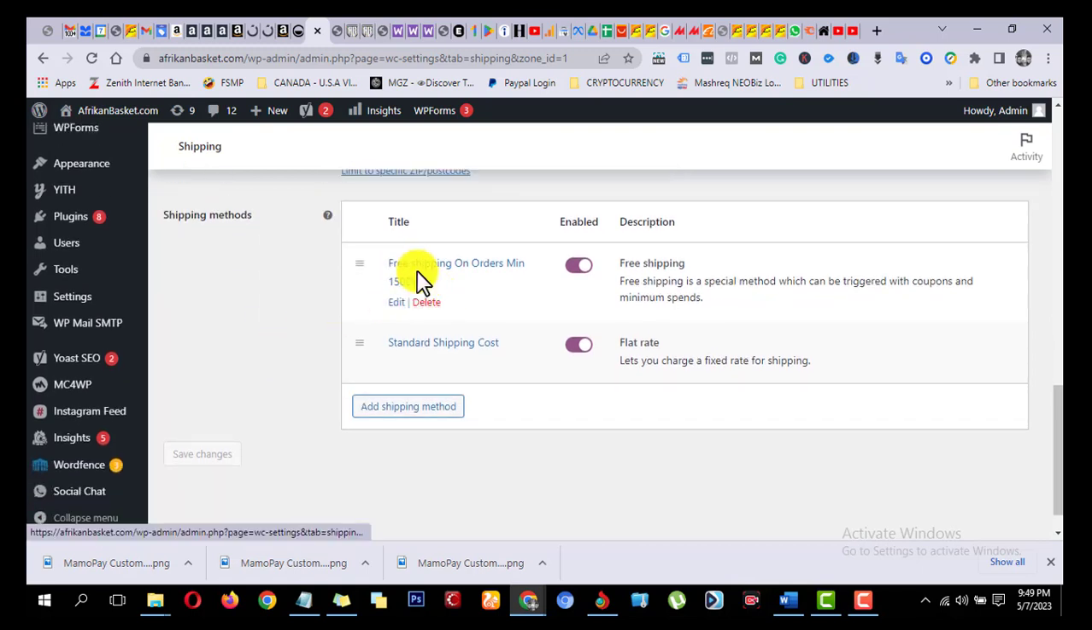So you want to look at the free shipping on orders minimum of 150 dirhams, and then you want to look at the standard shipping cost, right? The reason why I added these two is because we needed to add two conditions. Condition one should be the free shipping, and condition two should be the flat rate. Condition one, free shipping on orders minimum 150 DHS, is for the customers who place orders that are less